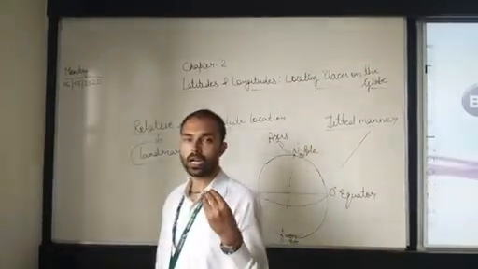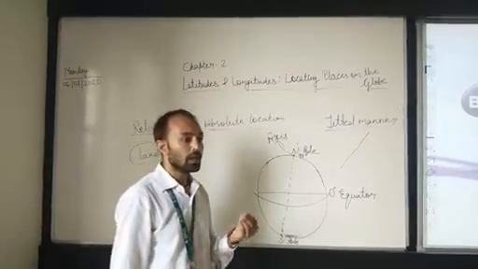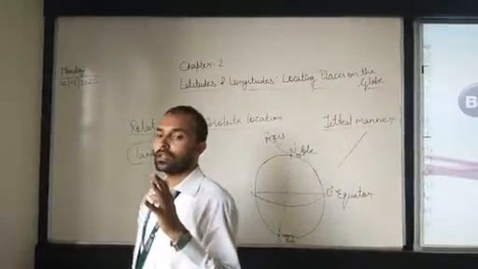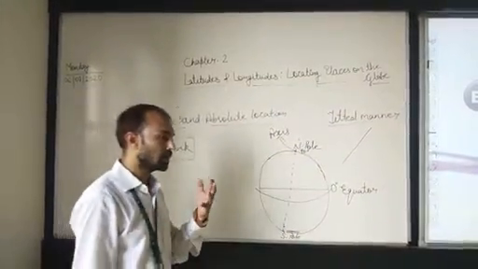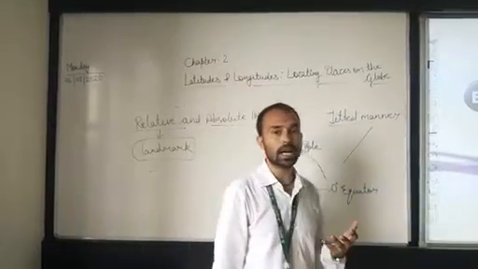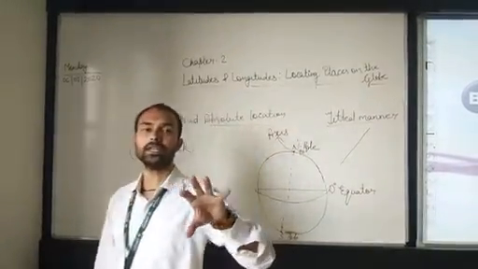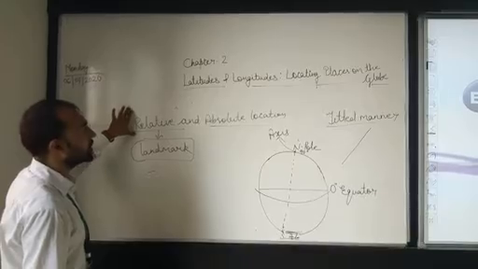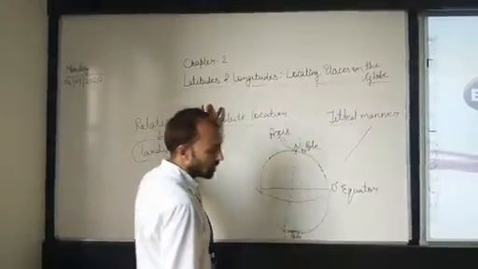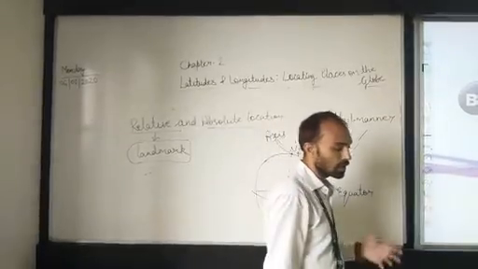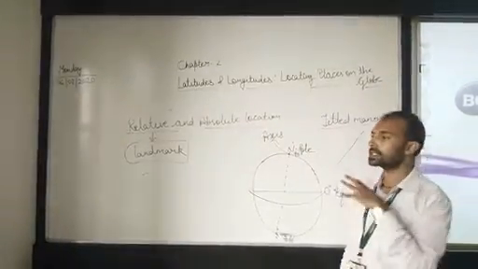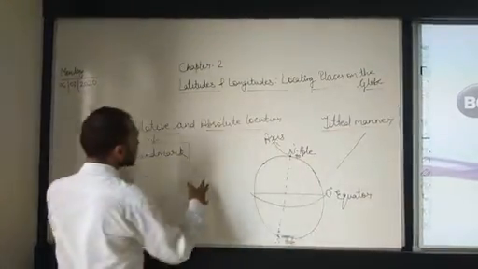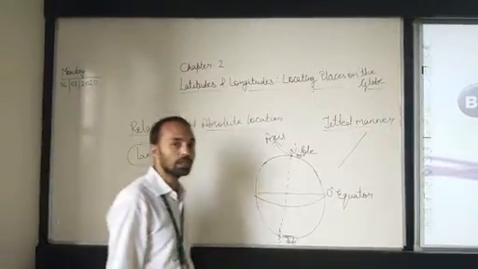For example, whenever someone asks you your address, you tell them your address, that means your house number, your street, the name of the street or the colony, and so on. But even after this, the person who is asking for your address asks you for a nearest landmark. A landmark is a place which is very renowned. This is called the relative location. Whereas the absolute location of a place is its location using a recognized coordinate system formed by latitudes and longitudes. So this is the concept of relative and absolute locations.